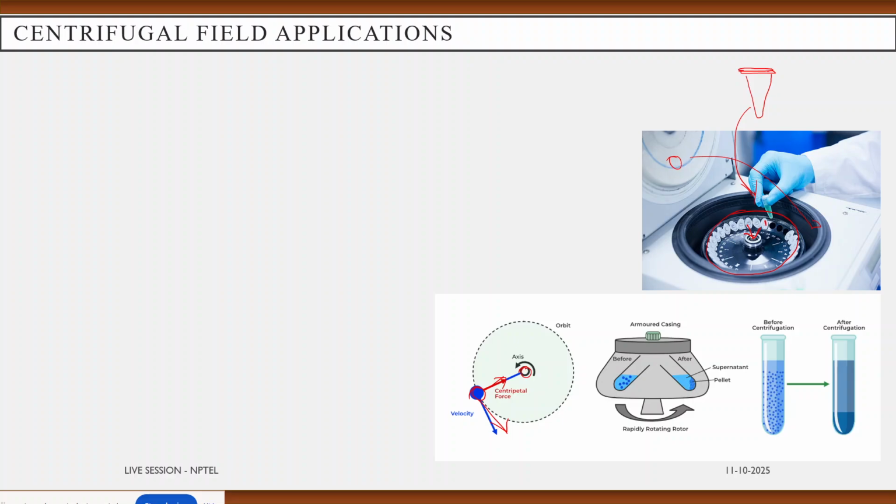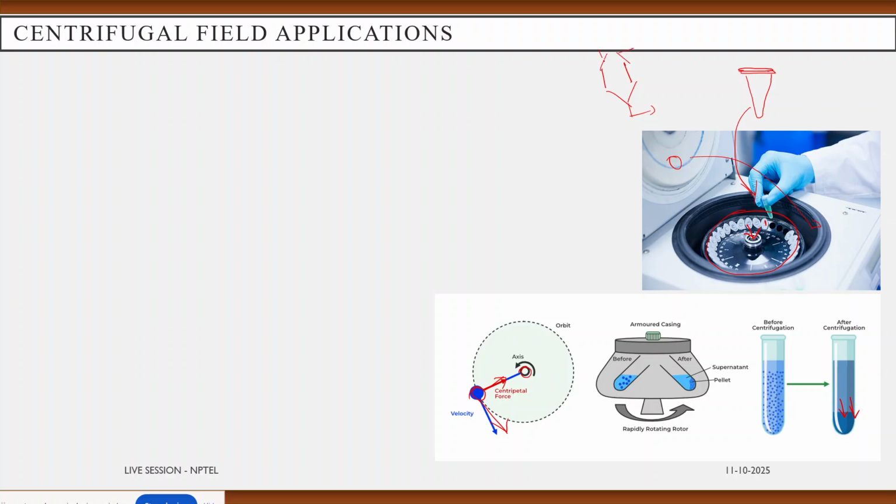Before centrifugation the particles are well dispersed, but after centrifugation all the particles are settled down. This is why we use centrifuges every day in research laboratories. This is a smaller version, but in industry there are also big types of